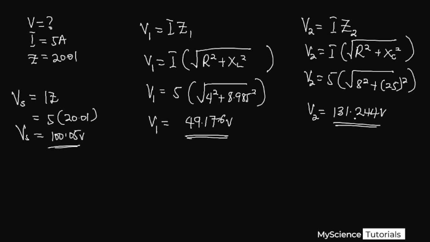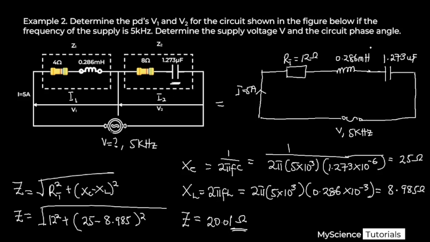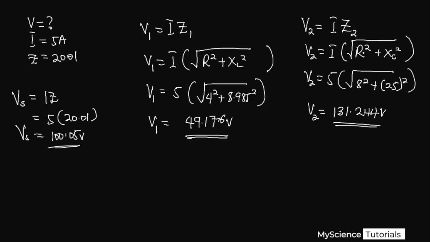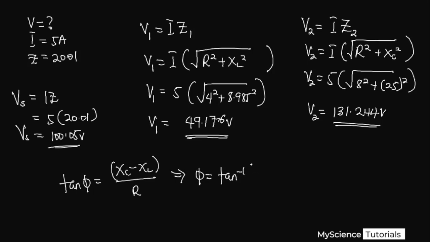The last thing we were told to find is the circuit phase angle. To find the phase angle, you know that tan of the phase angle is equal to the ratio of XC minus XL all over R. So this implies that our phase angle is equal to the tan inverse of our XC, which is 25, minus